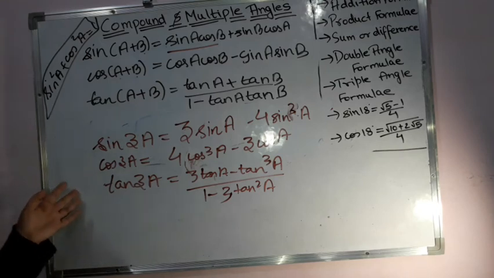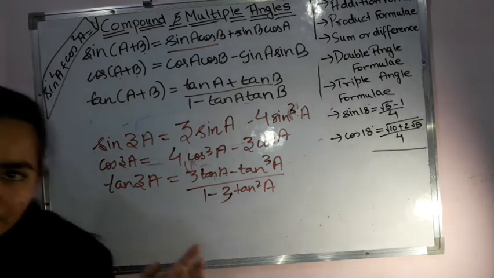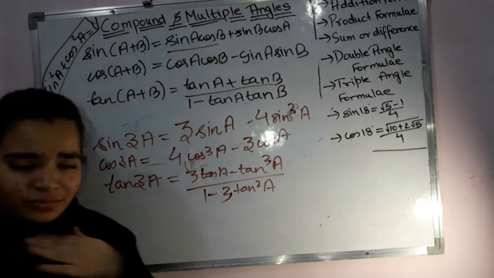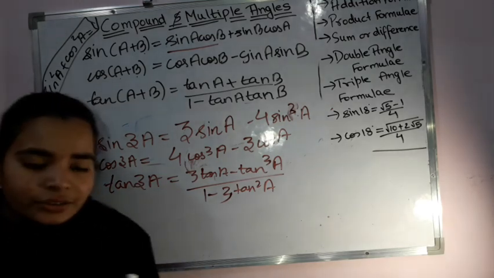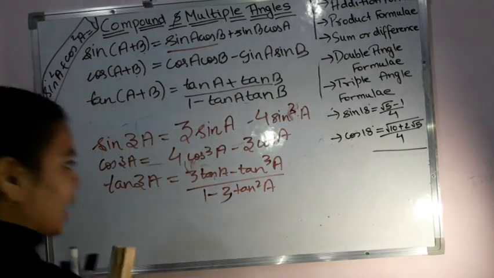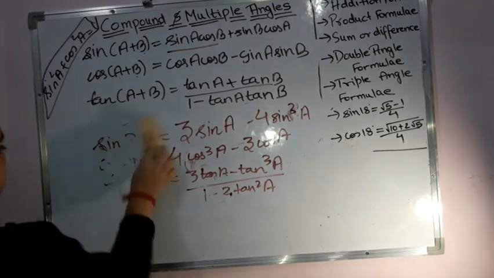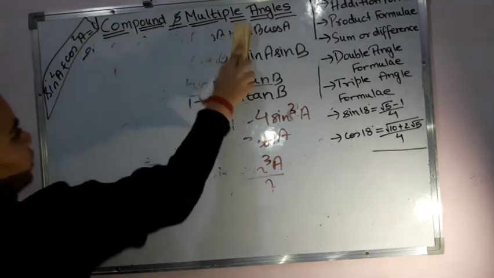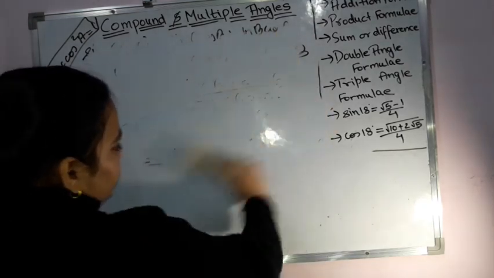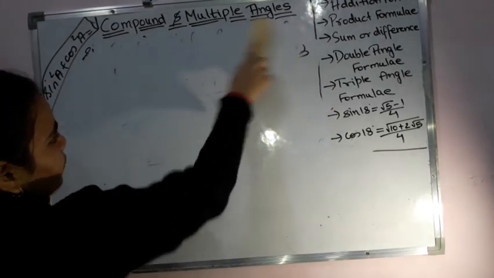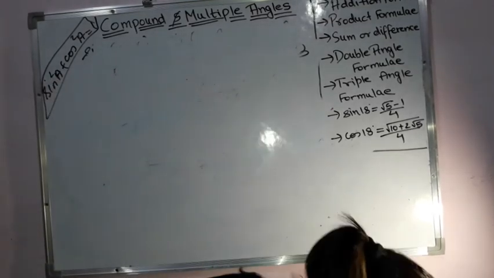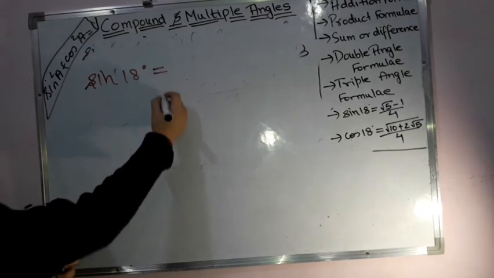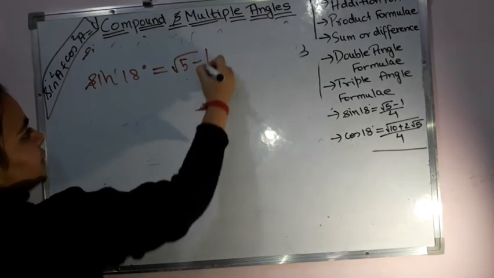Now apart from this, another thing given in this particular chapter in your ISC books is the value for sine 18, cos 18, sine 36 and cos 36 degree. That you can learn, because based on that also you get questions. Let us see sine of 18 degree first of all. Learn this formula: sine of 18 degree is equal to root 5 minus 1 upon